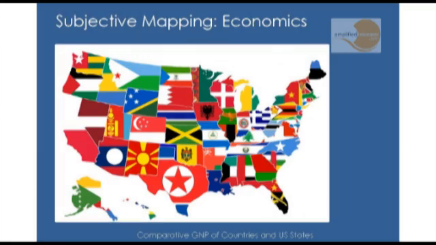There you go. Another subjective map, and this is quite an interesting one. It's an economic map. It puts the flags of countries whose gross domestic product is exactly equivalent to the particular state in which the flag is placed. And that's quite scary, because here's the industrial might of the US exemplified. All these countries fit neatly into one state. Each flag is a whole country, and its domestic product is the equivalent of the economic product of that one state in the USA. So a very vivid coming together of information here.